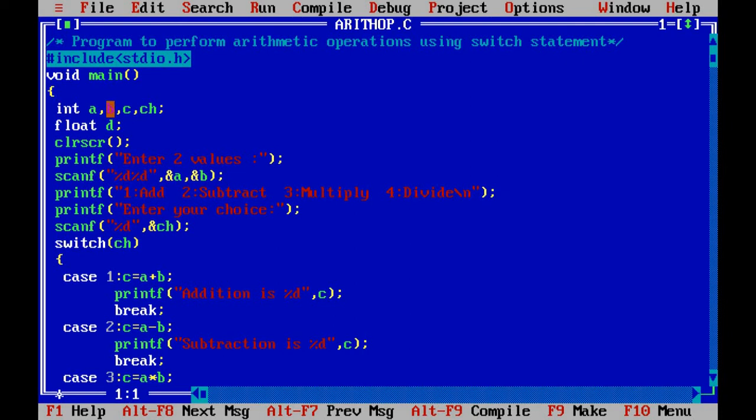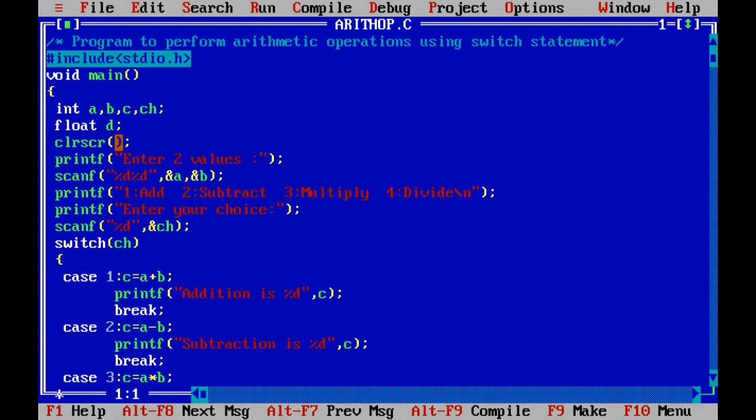A and B are for the input values. C is for output, that is addition, subtraction and multiplication. CH we have declared, which will store the user's choice, that is 1 for addition, 2 for subtraction, 3 for multiplication and 4 for division.